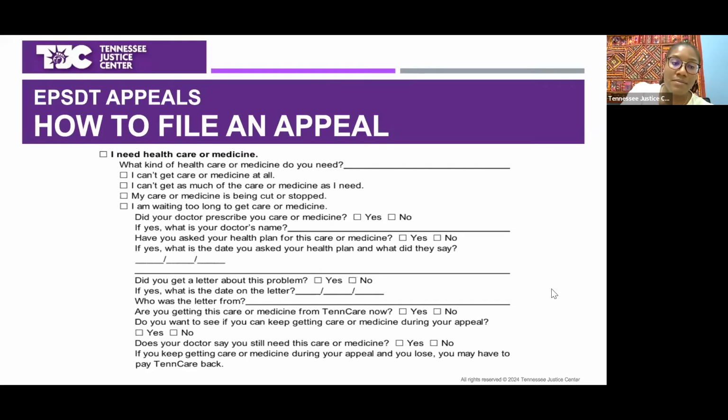There are also going to be some questions about what type of issue you're facing. A lot of times we are working with clients who are in need of a certain healthcare service or medicine, and these are the types of questions that you can expect to answer. They are fairly detailed just because you're trying to present as much information as possible to TennCare on the front end, but also to some extent straightforward, because at the point that you're filing the appeal, you should have this level of information about whatever the medical procedure, prescription, or treatment is. So this is the level of detail that you can expect if you're going through the appeal process.